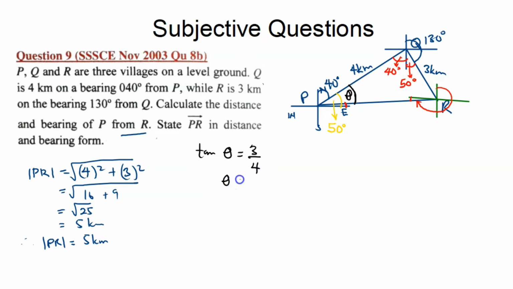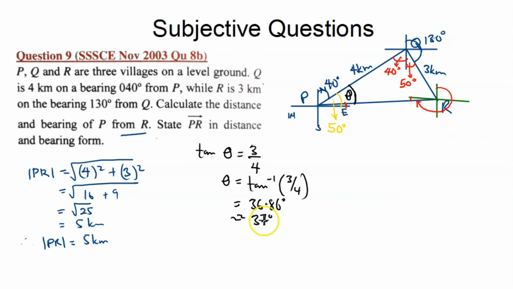So finding theta will be equal to tan inverse of 3 on 4. So when we work out the tan inverse of 3 on 4, you can use your calculator to help you do that. So tan inverse of 3 on 4 gives us an answer of 36.86 degrees, which is approximately